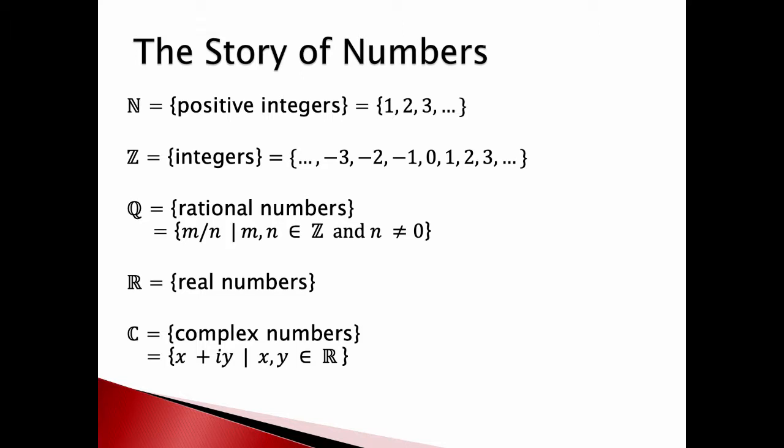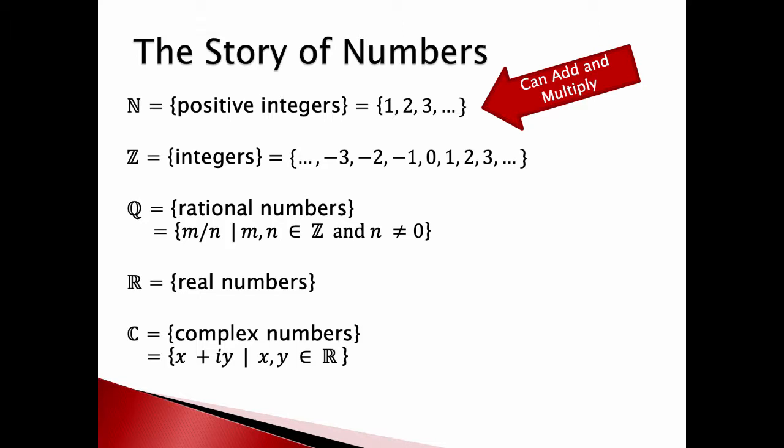So, to give you a hint of why we have all these different labels for these different kinds of numbers and why we make such a big deal out of each one, what is it that you can do with them? Well, with the natural numbers, the positive integers, we can add them, we can multiply them, and we still get positive integers back when we do that. So they're good for things like adding and multiplying. If that's the only algebra we needed to do, we could just use the positive integers.